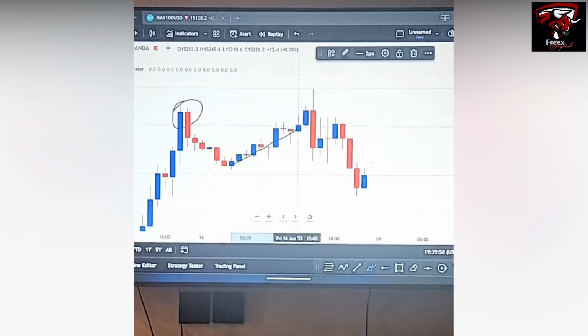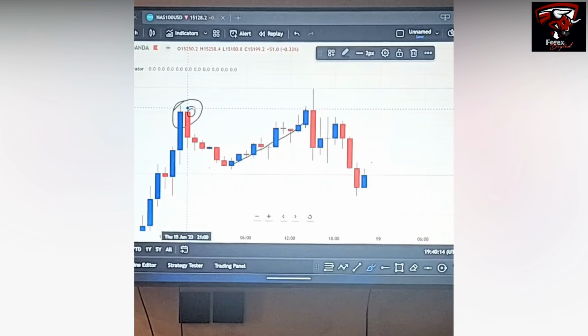Price then came up. Look at this candle over here. Price then came up and tried to take this high. If you look at that high over there, you can see that that was a failure. They failed to break higher than this high, which was telling you that price is losing momentum. But they're not done purging. So we obviously knew that they're going to try and test this high